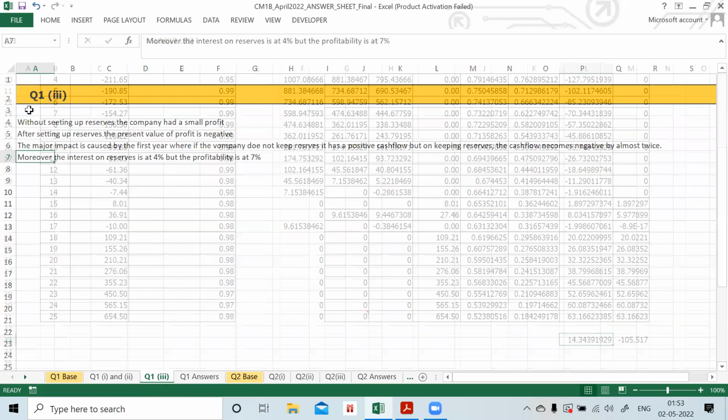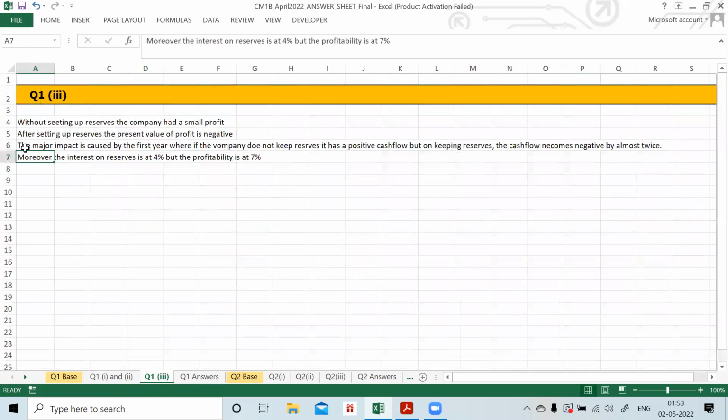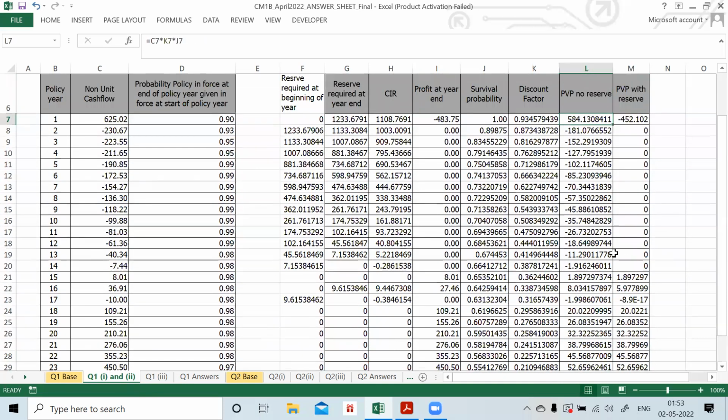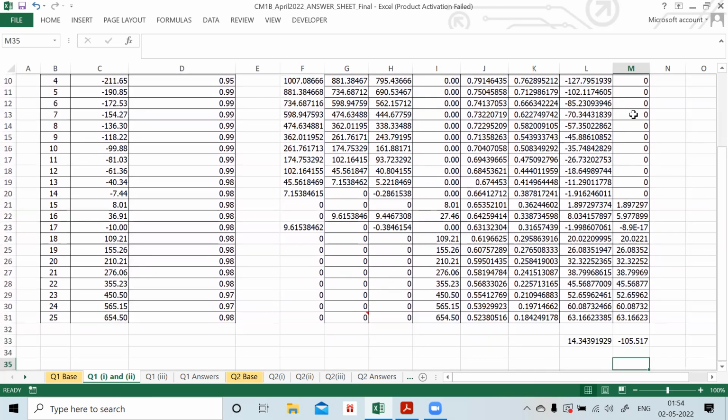The major impact is caused in the first year; all the other years are almost the same if you compare. Only in the first year, without reserves the cash flow is positive, so the present value remains positive. But after keeping reserves, a major chunk of the net cash flow is put into the reserves, hence the present value of profit with reserves becomes negative, which causes the major difference in the